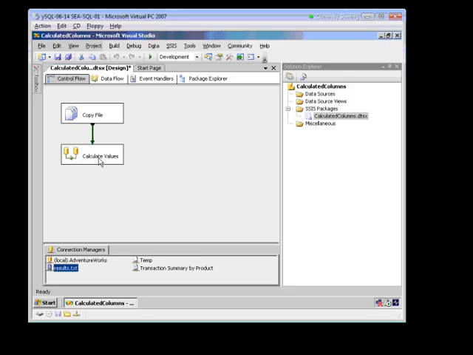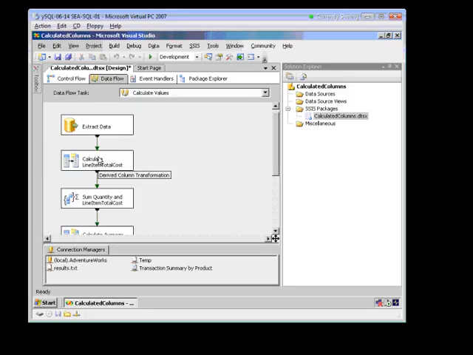Let's take a look at calculated values, see what it does there. Notice, as I opened up the calculated values, it went into data flow. So here's all the data flow that happens inside of that. That previous one was control flow. Now we're looking at data flow process. Let's go through each one of these individual steps and take a look at what's happening inside of our data flow task. First, we're retrieving the data from an OLEDB source. So here in the calculated values, extracting data,